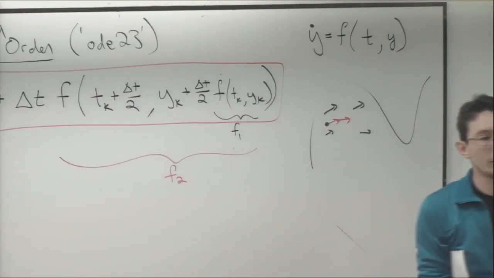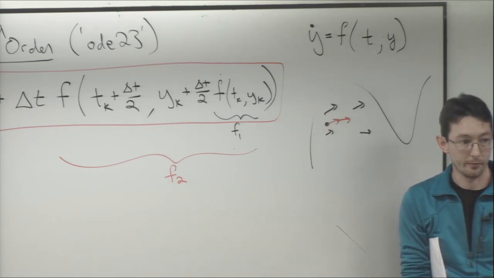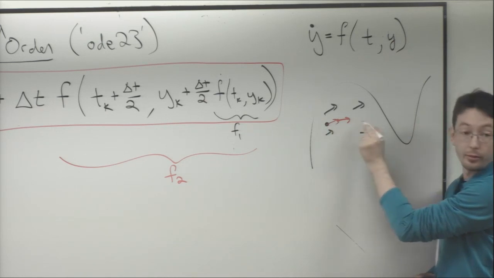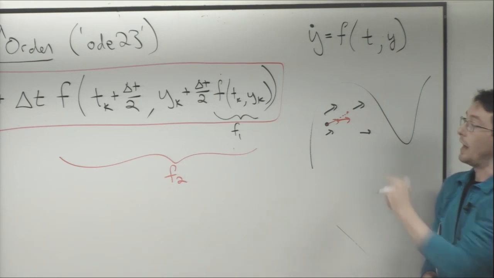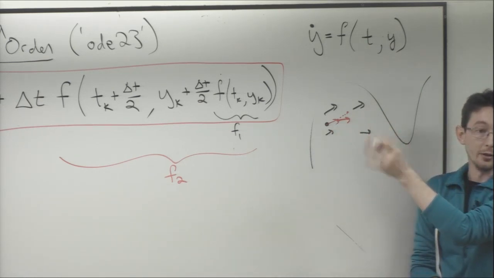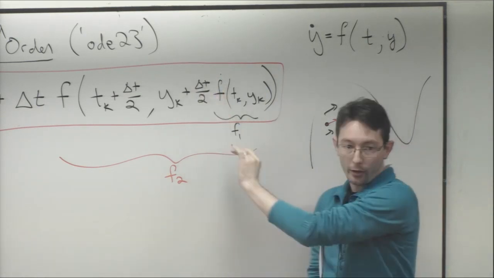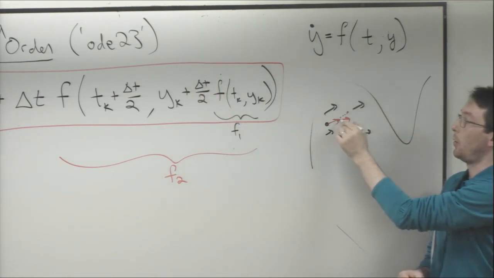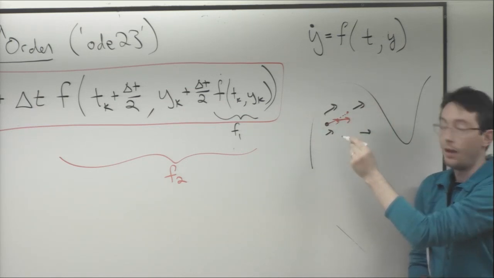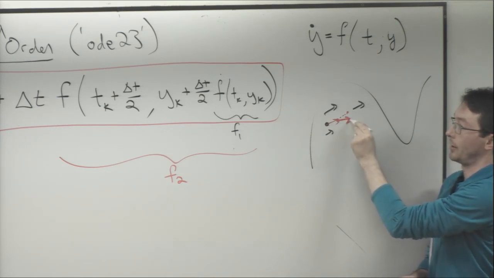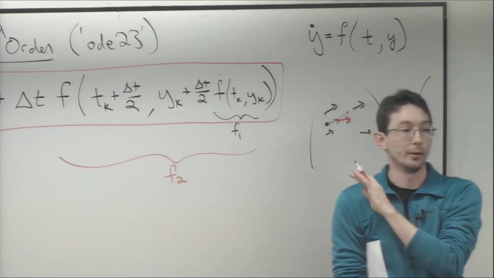instead of just taking a forward Euler step, so what that means is at this point, I evaluate my vector field f, and I would take a full delta t step forward. Right? That would get me here. That would be order delta t squared accurate locally. So instead what I'm going to do is I'm going to take a half Euler step in that direction, and I'm going to query my vector field and say, what's my vector field at that new half Euler step forward? And I'm going to use that modified vector direction, F2, and I'm going to take a full Euler step in that F2 direction, not in the original F1 direction.